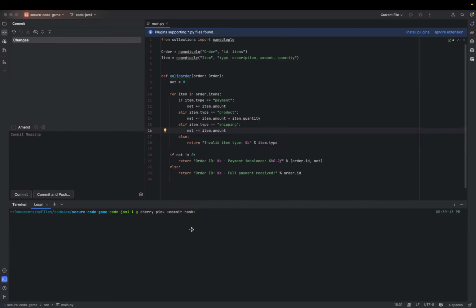The reason for that is that particular commit is persisted in repository B, the shipping feature branch. So we have to add repository B as a remote prior to executing that command.